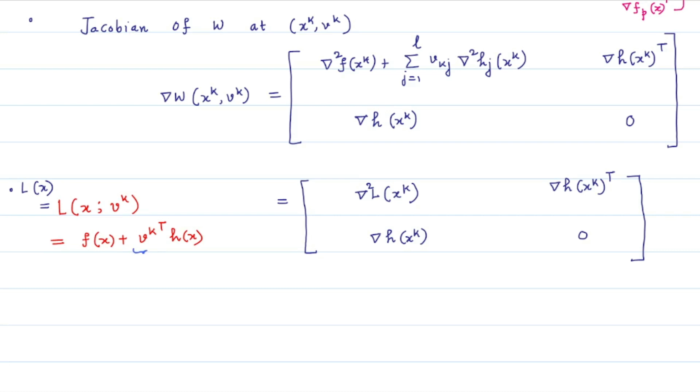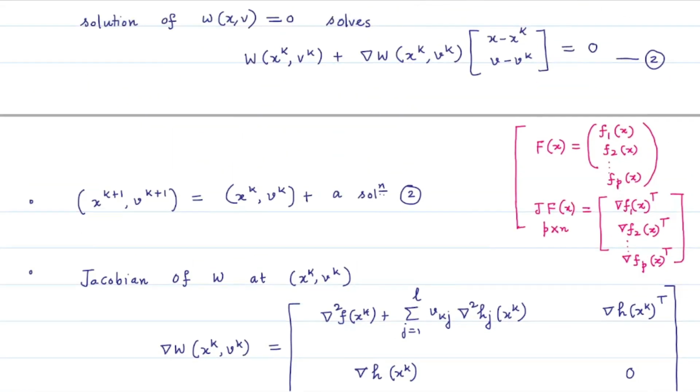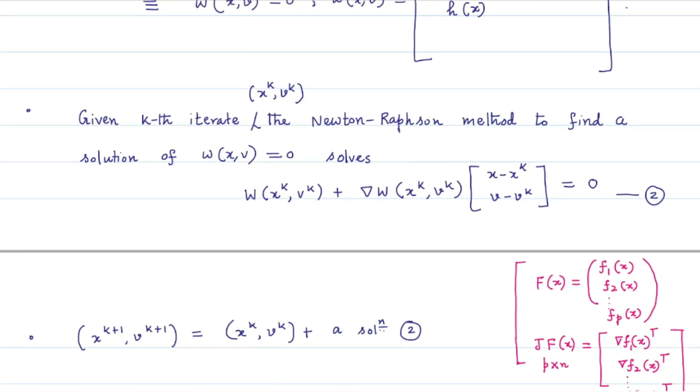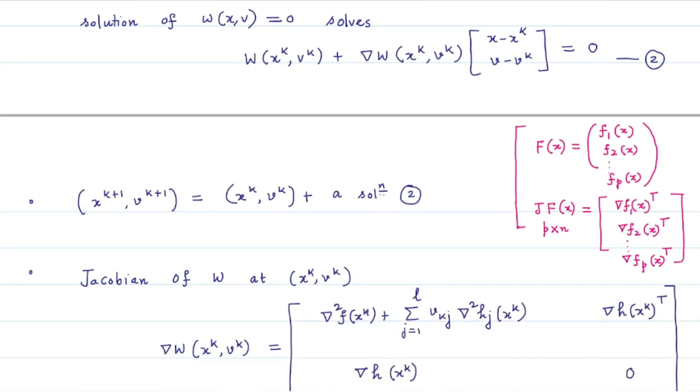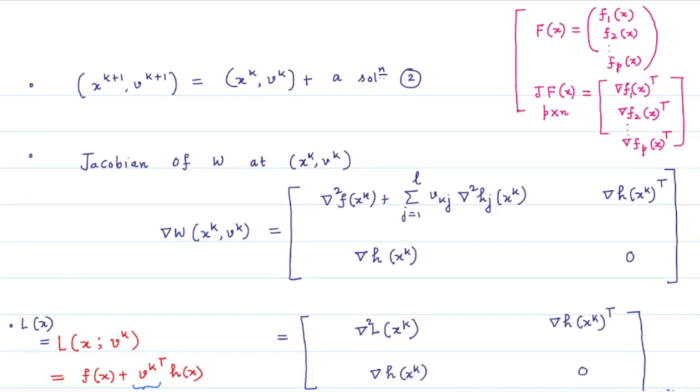Here I mention that this vk is the vector having l many components, vk1, vk2 till vkl, and these components are appearing over here as the vkj's. Now plugging this expression of Jacobian in this system 2, we find that the system 2 can be written explicitly